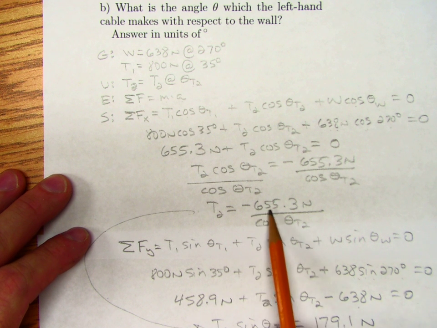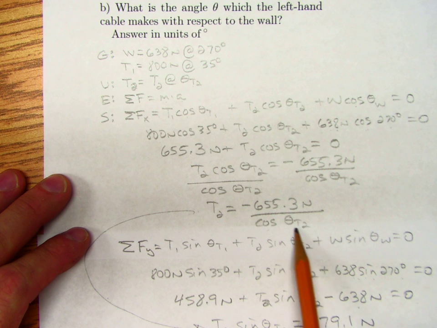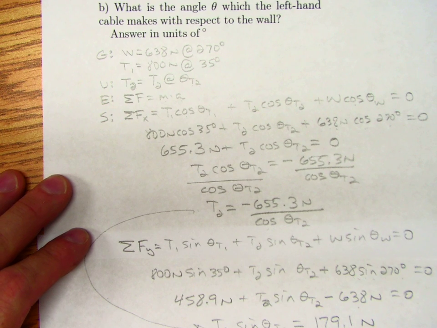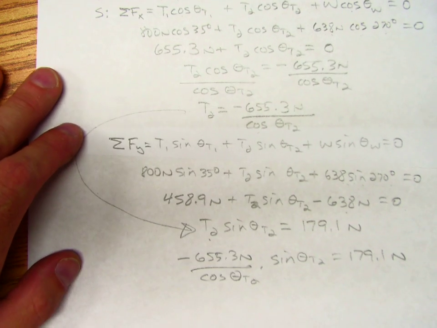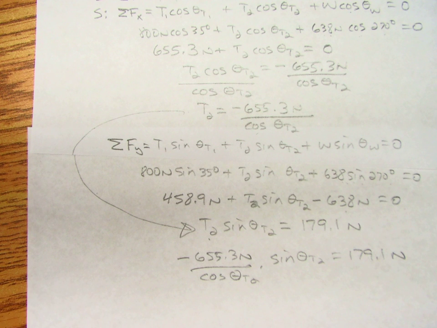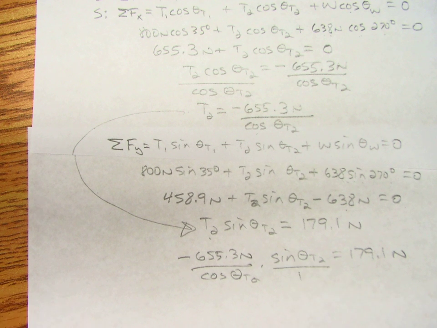Okay, I'm then going to come over here and substitute into this. I'm going to substitute negative 655.3 newtons divided by cosine of theta T2 for T2. And I get minus 655.3 newtons divided by the cosine of theta T2 times the sine of theta T2 equals 179.1. Okay. So if we look at this in terms of multiplying fractions,